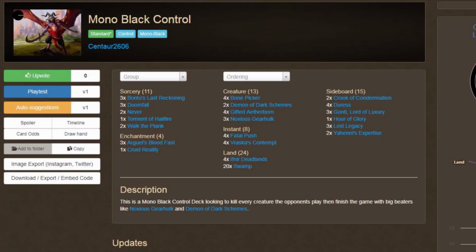So his description of it is, this is a mono black control deck looking to kill every creature the opponents play, which is exactly the impression I got, and then finish the game with big beaters like Noxious Gearhulk and Demon of Dark Schemes. The problem is, as soon as a game-winning creature comes out, it is all in. You have to win the game with them, and it's going to take at least 4 swings to do it with any of them. So that's a lot of time for somebody holding some kind of control spell to